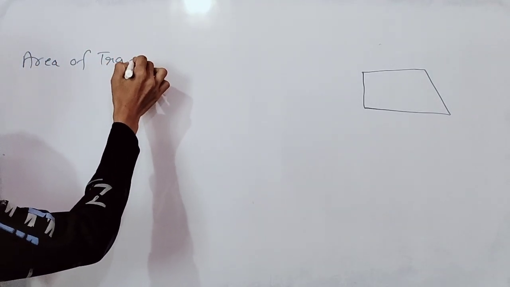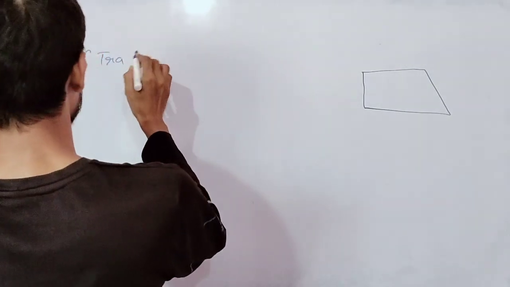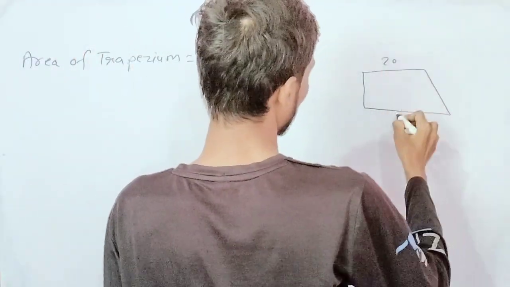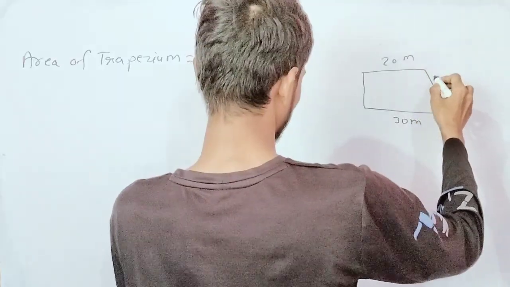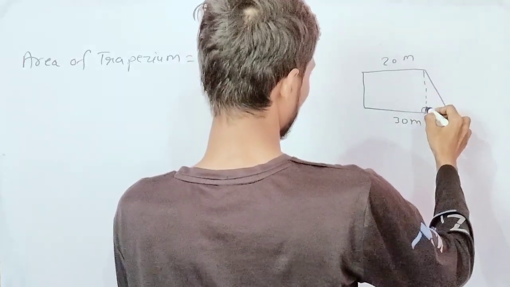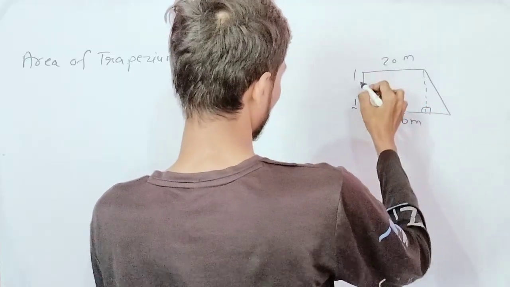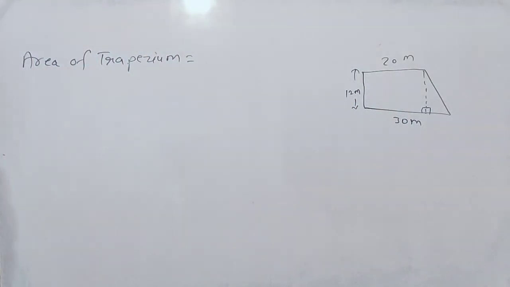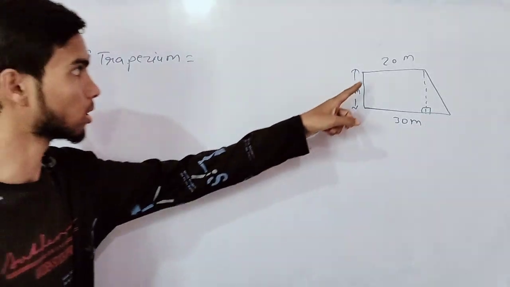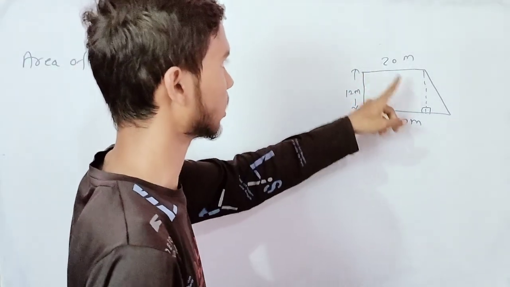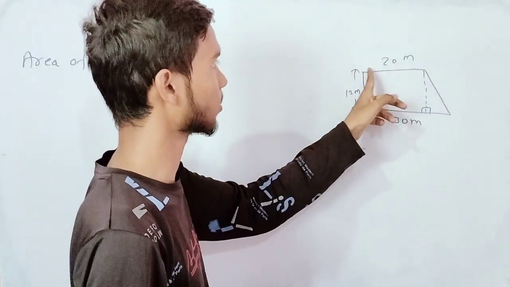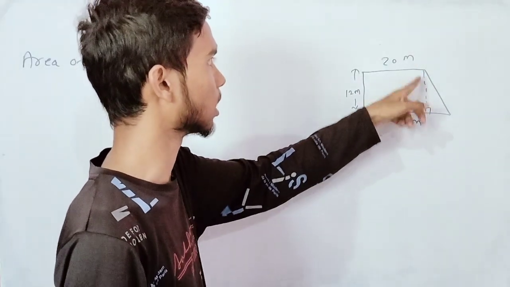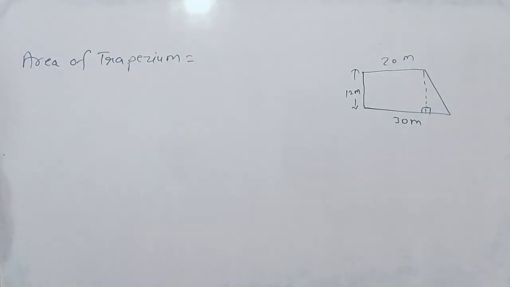Now area of a trapezium. Let's say this is 20 and this is 30 meter. Here, look at this. This is the height, 12 meter is the height. 20 meter is the measure of this side, and 30 meter is the measure of this side. And this is the height. So here, area of a trapezium would be